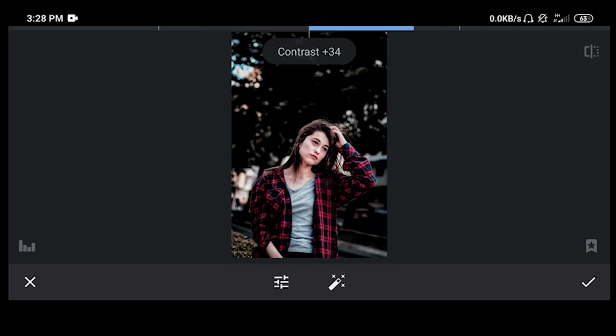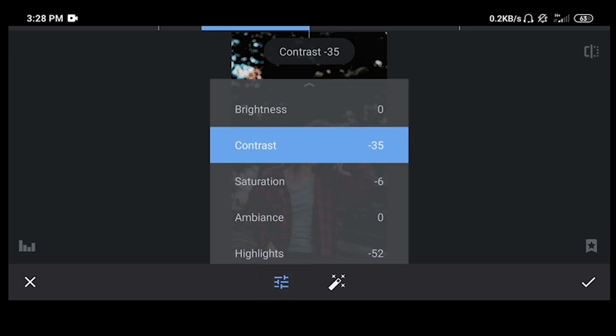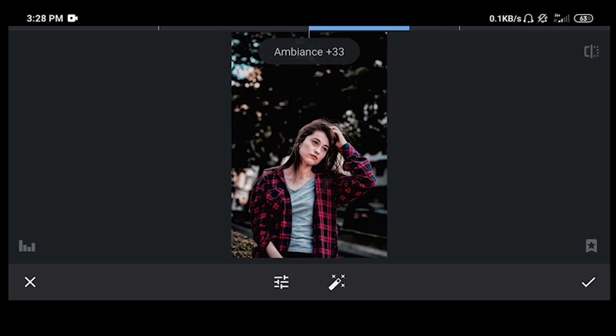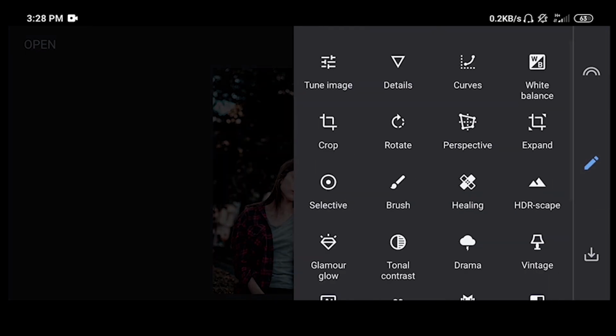You can see there is a contrast. You can decrease contrast, and ambience also. You can decrease ambience. Now click on OK, and again go to the tools bar, and you can see there